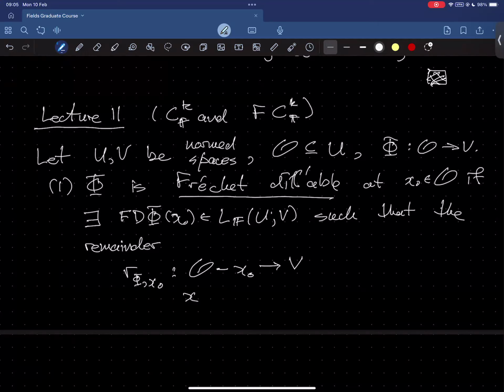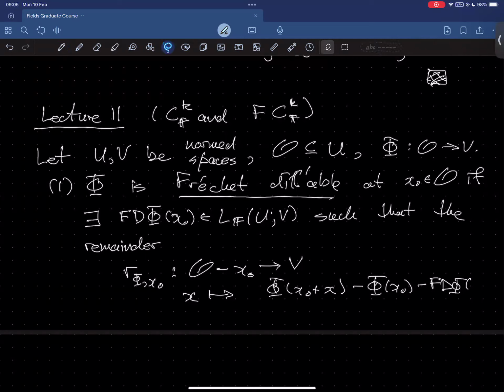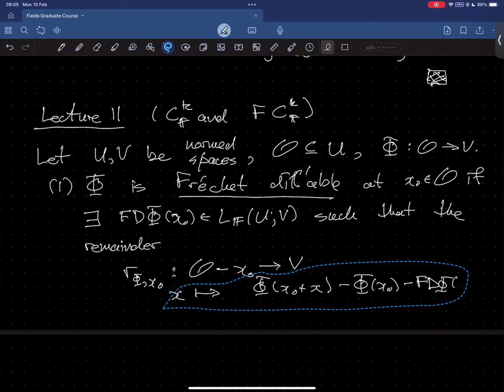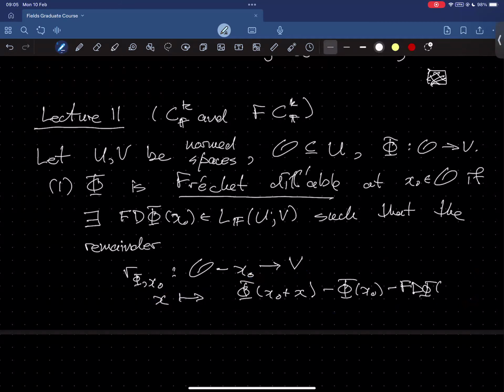It's going to take a point X in O, and it's going to map it to phi of x naught plus X, minus phi of x naught, minus F d phi of x naught. So what I know is that this is a continuous linear mapping from U to V,